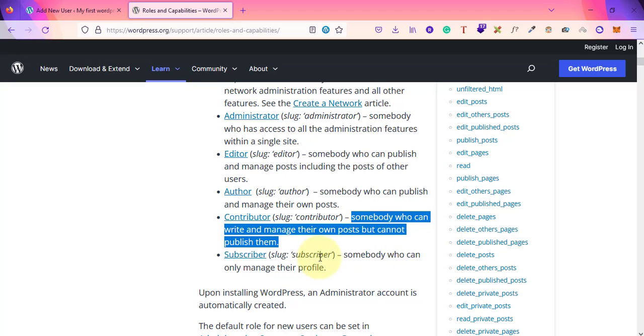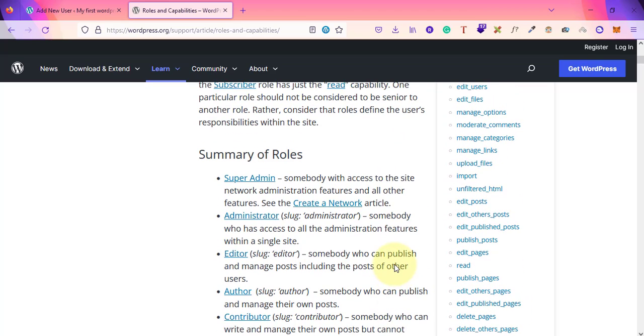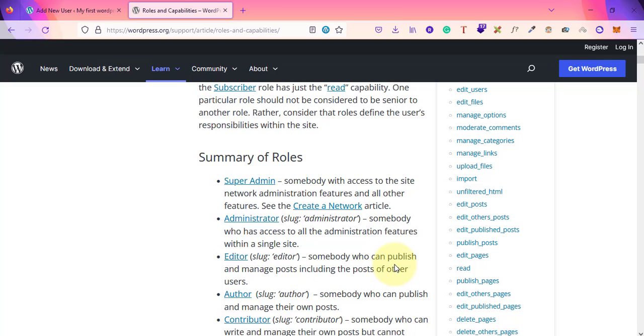And subscribers, obviously, they cannot manage anything. They can just manage their profile, in the sense profile image, very basic stuff like change their email address or password, and then that's it, nothing much. So this is the basic summary, but in case you want to explore it in depth,